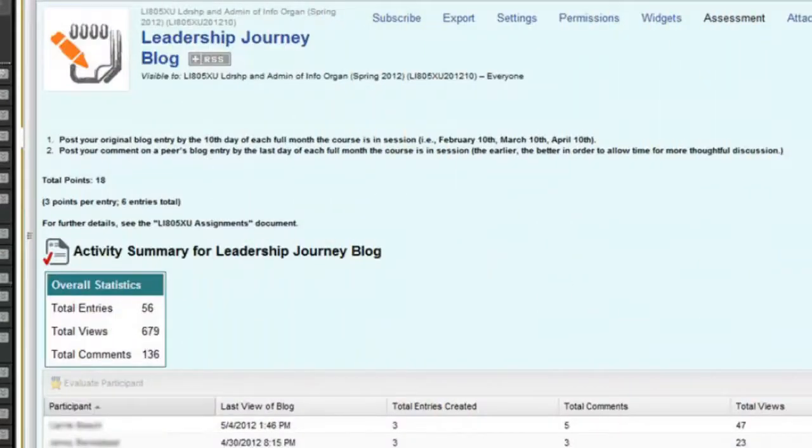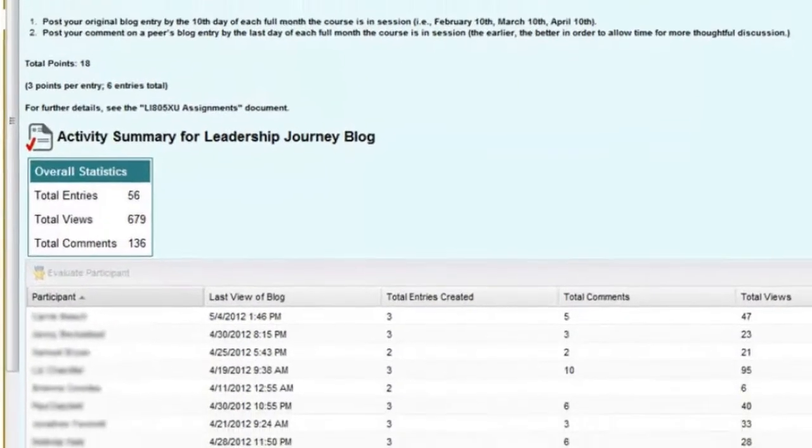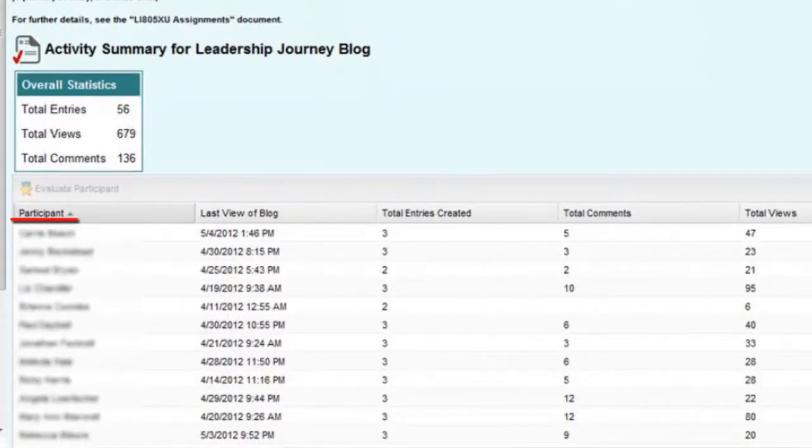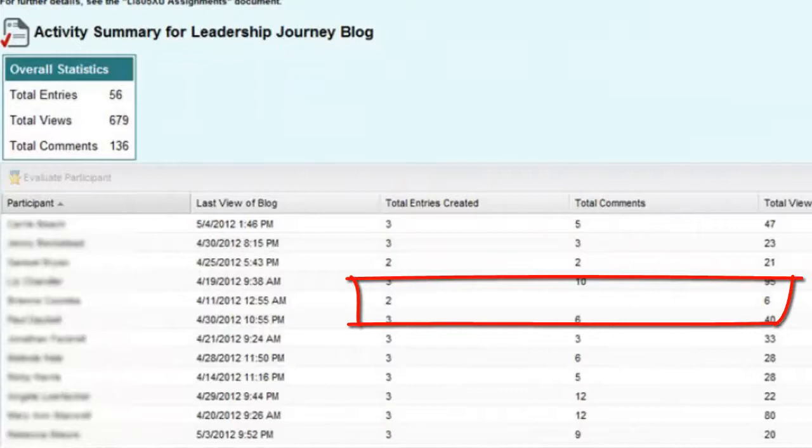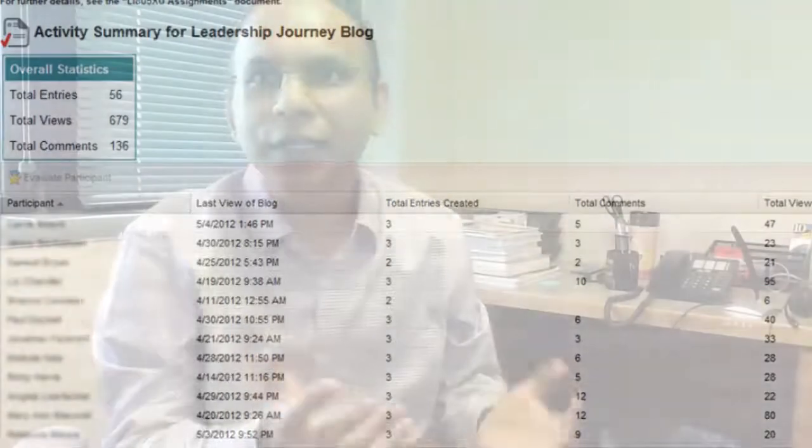When it comes to assessment, like how we are going to grade it, here the name of all the students who have contributed to blog interface, and how many entries they have posted and how many comments they have posted, so you can get whole snapshot of their contribution throughout the semester. One drawback of this approach is that if somebody has not contributed at all, then you do not see the name of that person here. So that was something that I discovered. That's a drawback. But if someone has posted once, you can see that, like one person here posted 3 entries, but he did not post any comment over here. So there are pros and cons.